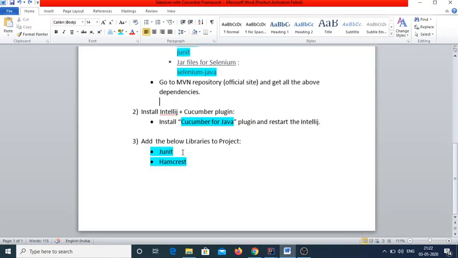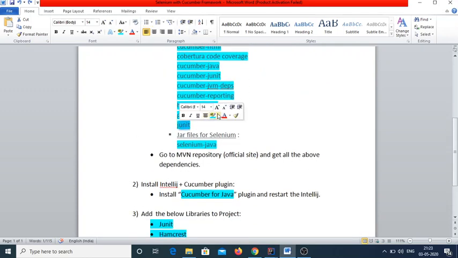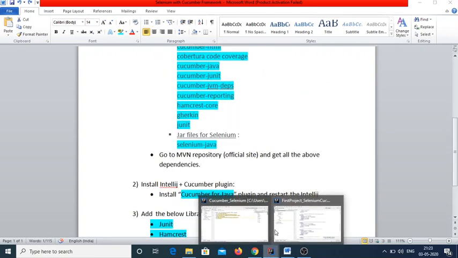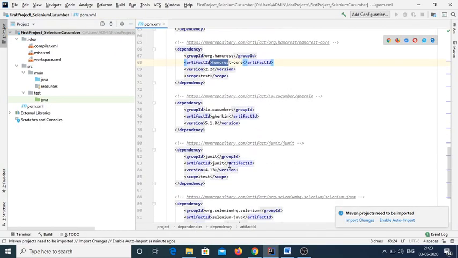And the third, which is the last step of the setup, is to add the below libraries to the project, the JUnit and the Hamcrest. We have already added JUnit and Hamcrest in the dependencies in pom.xml, correct? So we need to just add those dependencies. How to add it?